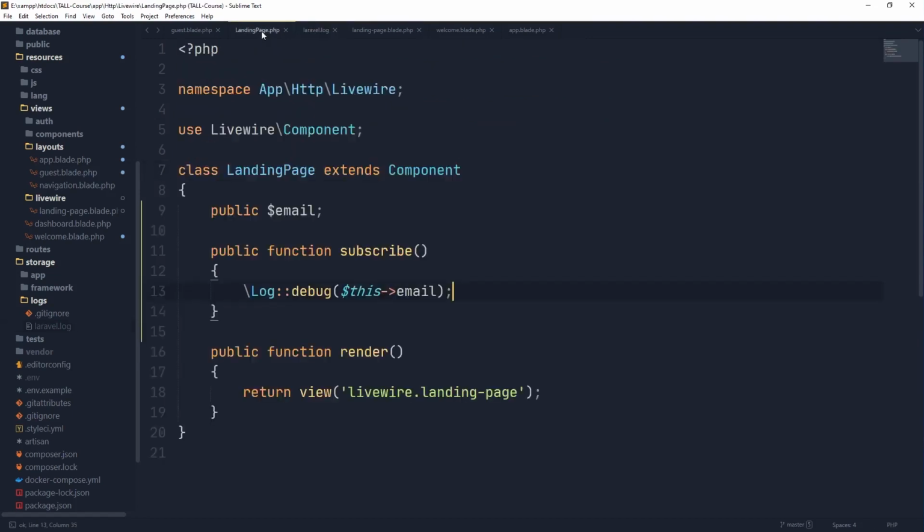At this point, you created your custom component called landing page, and you move everything from the welcome